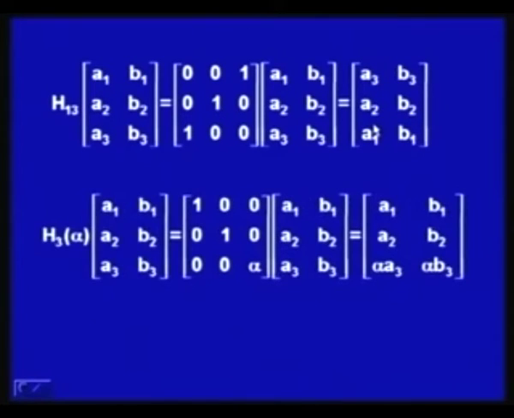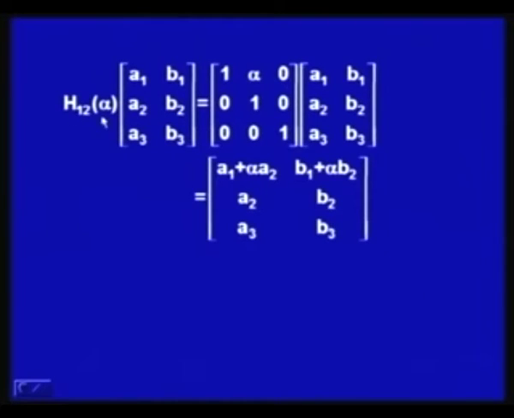Now, this type of operation can be done for all types of operations, like H3 alpha when multiplied by this. That means we want to apply the row operation on this matrix so that the third row is multiplied by alpha. So, what I do is I first apply this operation on the identity matrix. If the third row is multiplied by alpha in the identity matrix, only this element will be affected. So, we will be having 1 1 alpha multiplied by this, and if you really perform this multiplication, what you will have is this matrix.